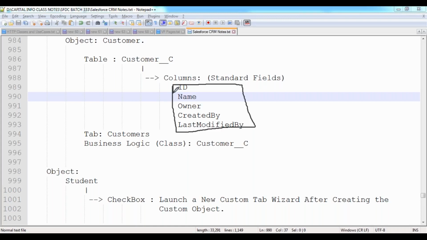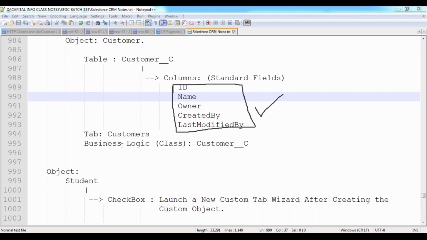All this information I want to collect. But here, do we have any such columns to store all this information? No. If you want to store the data inside the table, we need some columns, right? Yes. But we don't have any column. These are the 5 columns given by Salesforce by default. But I want to store some more details of my customer, so what can we do? I want some more columns also. So how can we create those columns?